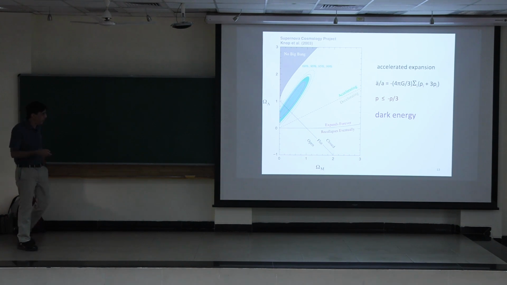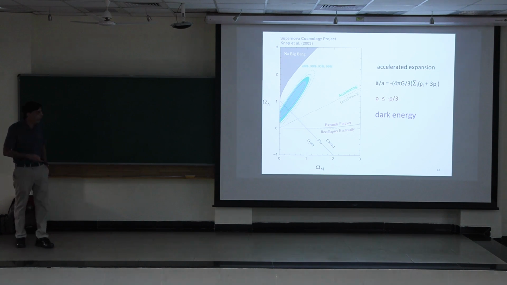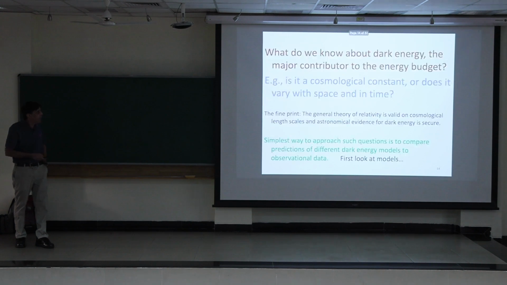This is also an old plot. So it's omega lambda and omega matter. And if there was no lambda, you should lie along a line here of omega lambda equal to 0. But the supernovae are forcing you up here. And current supernovae data are giving you dark energy at maybe 4.5 or 5 sigma, so it's a pretty strong signal. So a double dot has to have components in here such that P has to be less than minus 1/3 of rho, and that's dark energy. So we know there's dark energy.